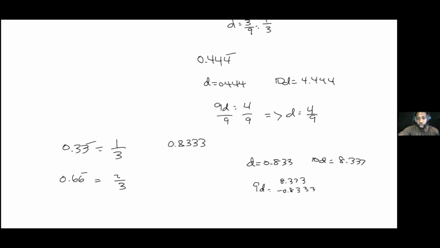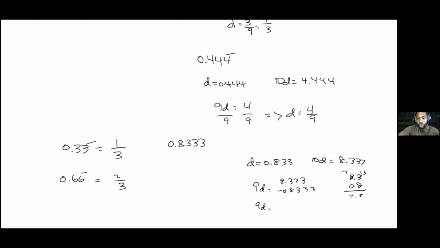So all of these go away. So then you have basically 8.3 minus 0.8. 7, 13 is 5. Okay, so 9D is equal to